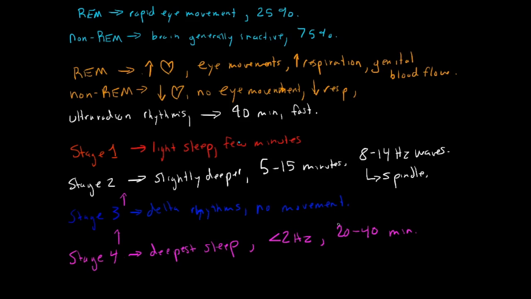And as the night progresses, there's a general reduction in the duration of non-REM sleep, and particularly in stages 3 and 4. And there's an increase of the REM period. So half of the night's REM sleep occurs in the last third of your night's sleep, and the longest REM periods may last 30 to 50 minutes. But there seems to be some sort of refractory period that's about 30 minutes long in between periods of REM. So each period of REM is basically followed by a period of non-REM, and then after that the REM sleep can begin once again.